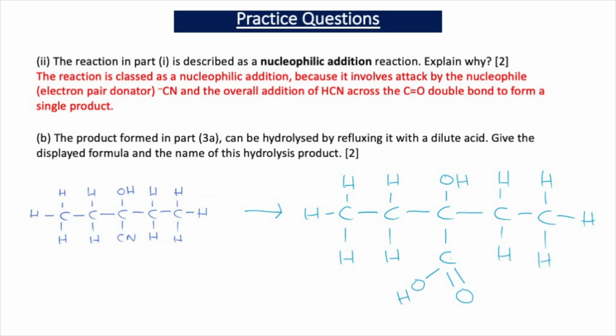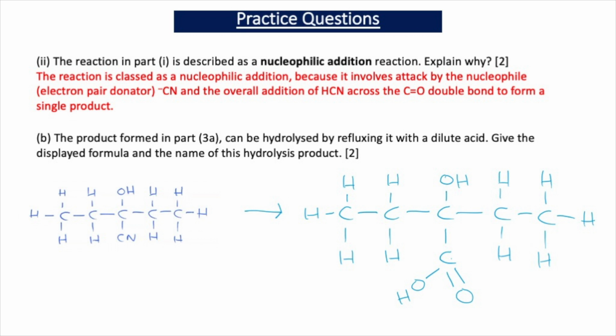Now 3A part 2 is asking you to explain whether the reaction is classed as nucleophilic addition, and this is because it involves attack by an electron pair donor, the CN minus, and overall addition of hydrogen cyanide across the C=O double bond to form a single product. So the idea of the reaction involving attack by an electron pair donor gets you a mark, and if you said that the hydrogen and the cyanide add across the double bond to form a single product, that gets you